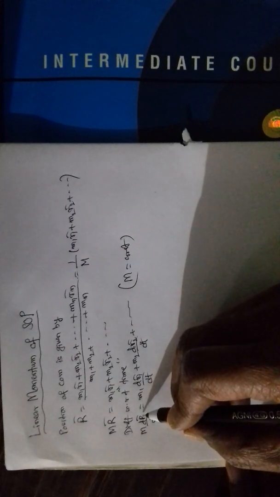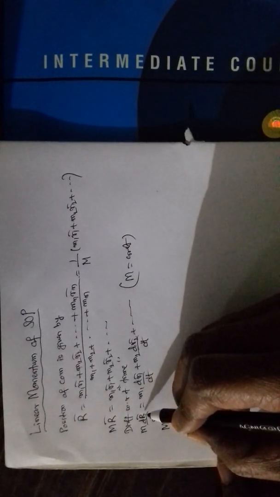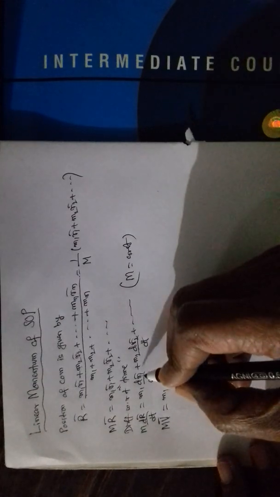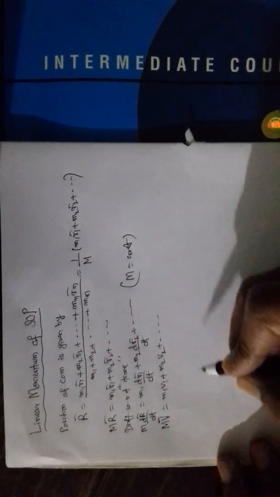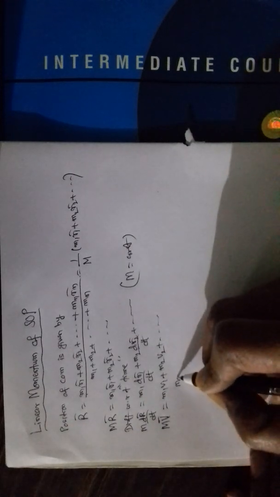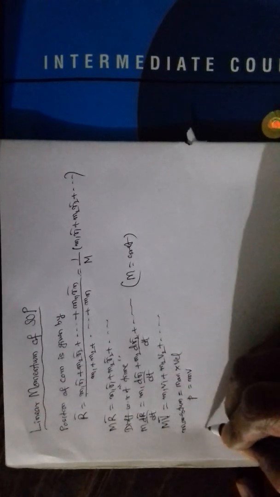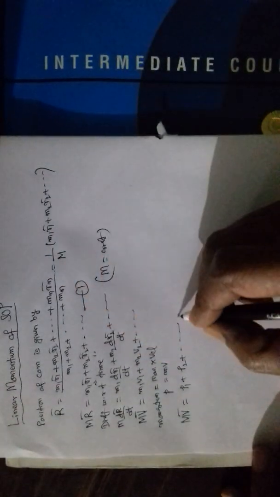Rate of change of displacement gives velocity, and this is position of center of mass, therefore this will be velocity of center of mass. This will be the velocity of particle 1, velocity of particle 2, and so on. But mass into velocity is momentum. M into v is equal to p. So substituting here, p1 plus p2 plus so on. So if this is equation 1, this is equation 2,